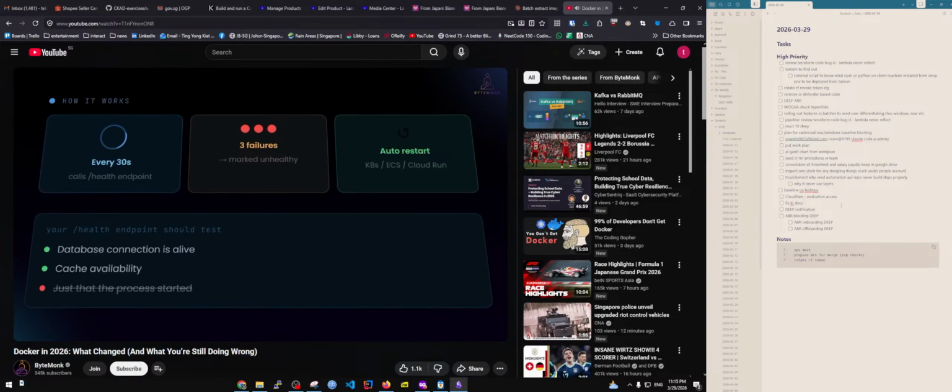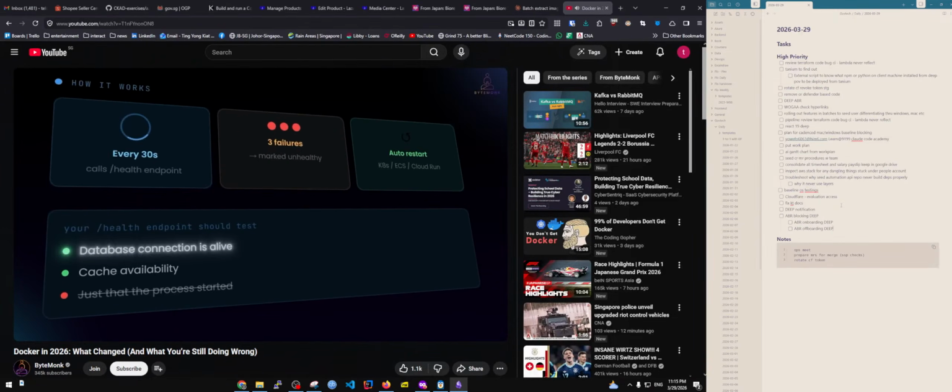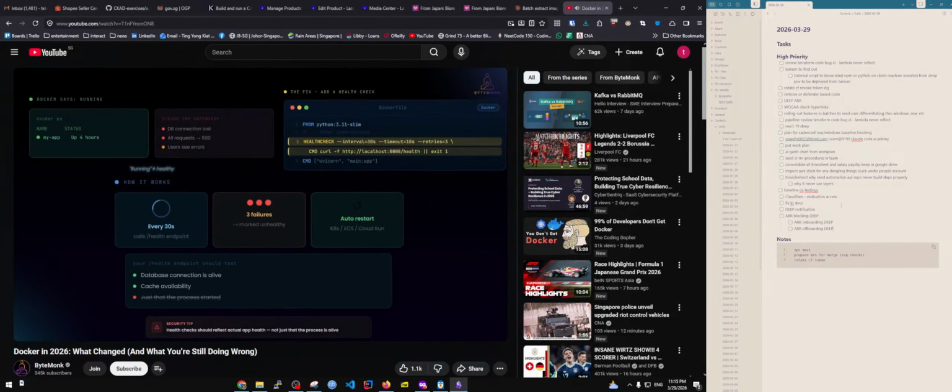Just make sure your health endpoint tests something real. Database connection, cache availability, not just that the process started. Those are the 3 fixes that most experienced engineers have never been told explicitly. Now let's look